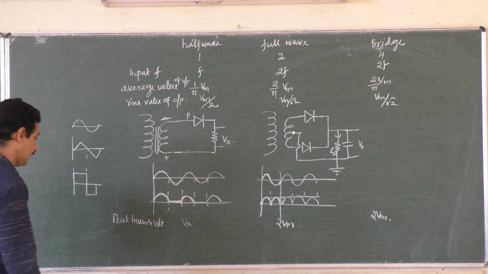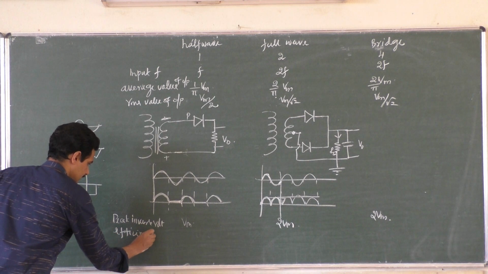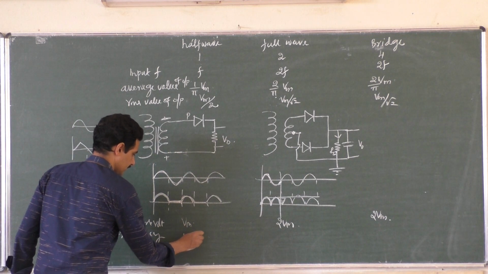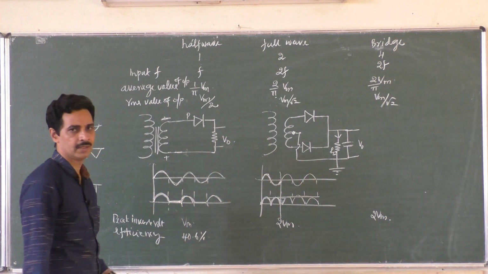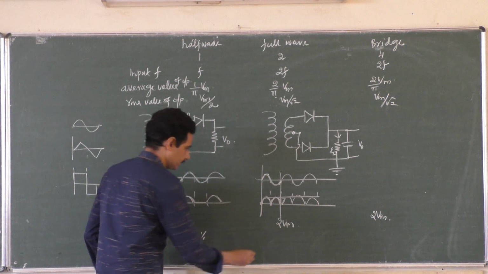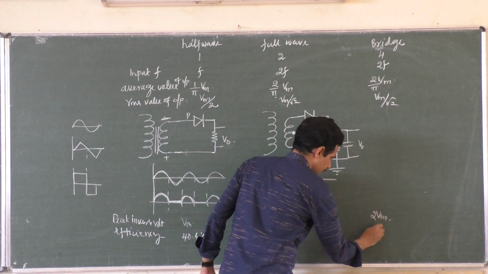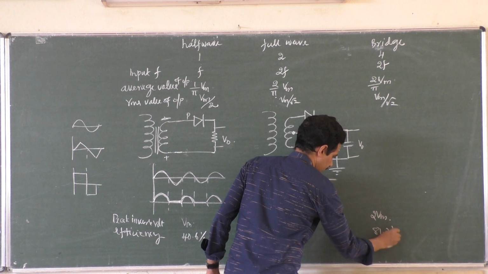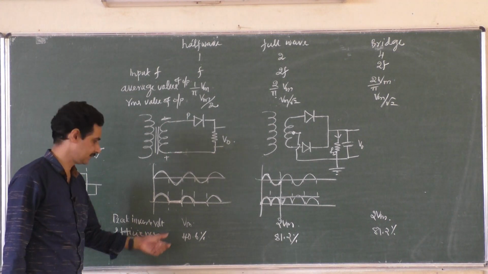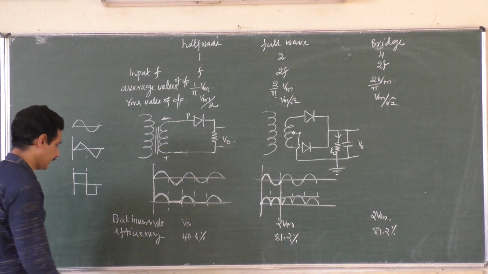Then what else? Efficiency. Yesterday we were talking about this. Efficiency of a half wave rectifier is only 40.6% because it doesn't give the output when the negative half cycle or positive half cycle comes. Any one half cycle is just absorbed. And 81.2%: this gives the output for both the input cycles, 81.2%. Okay, that is efficiency. I hope you can see this one. Then what else? Yeah, ripple factor.